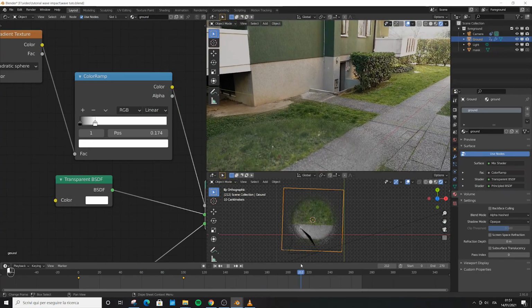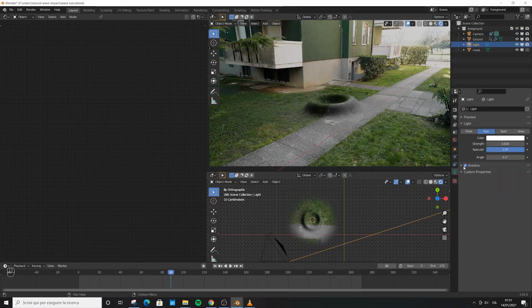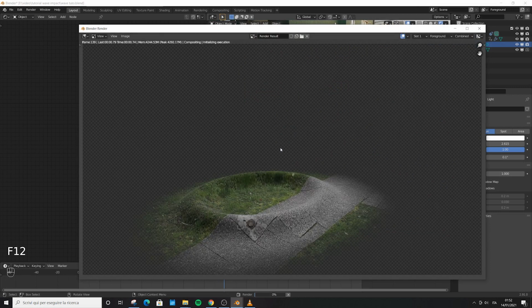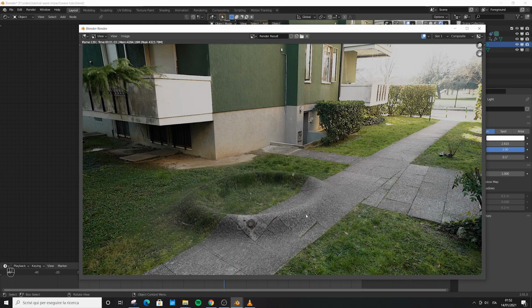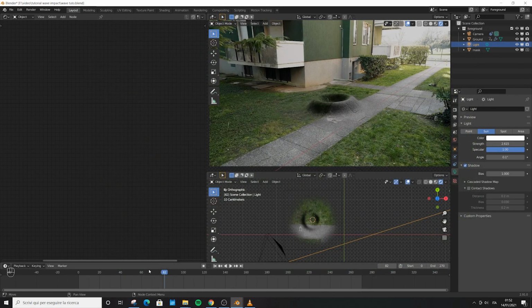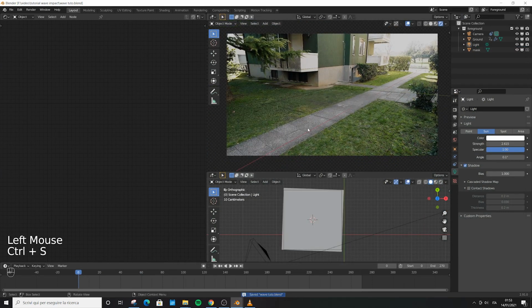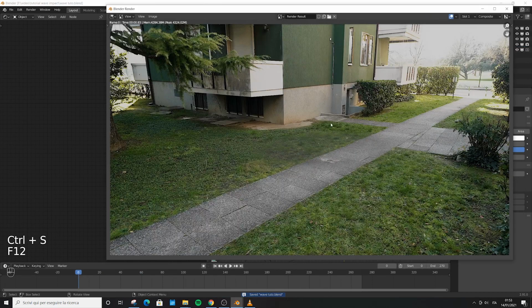Now we're gonna play a little bit again with the light. Go on the light settings and decrease the strength to 2.650 maybe. F12. Medium cool again. Let's see the beginning. Yeah, look, there is a little bit of a gray zone again that you can spot here,